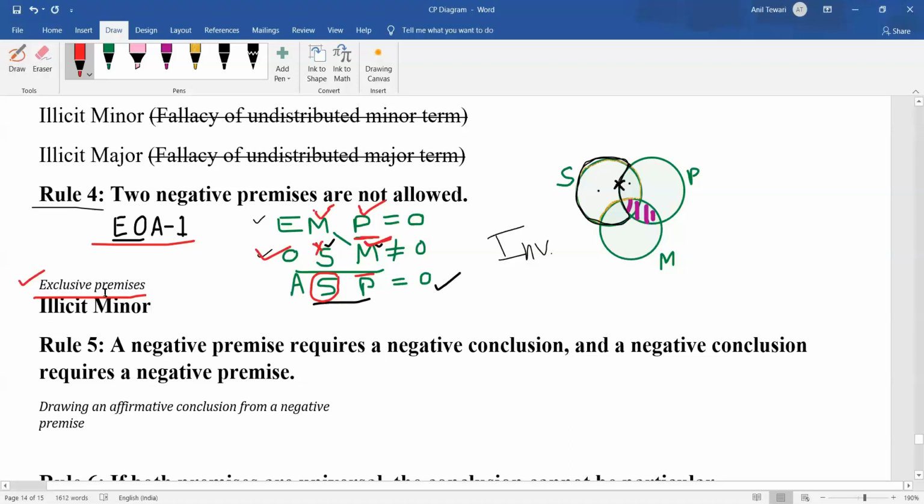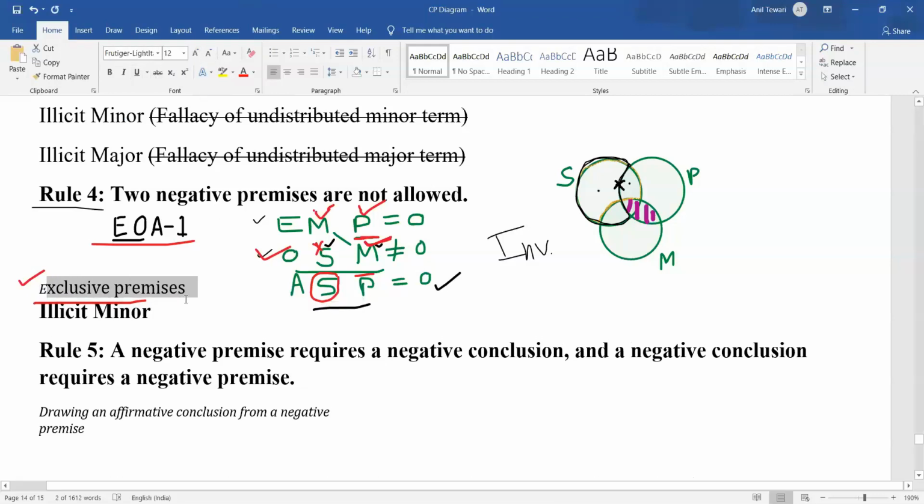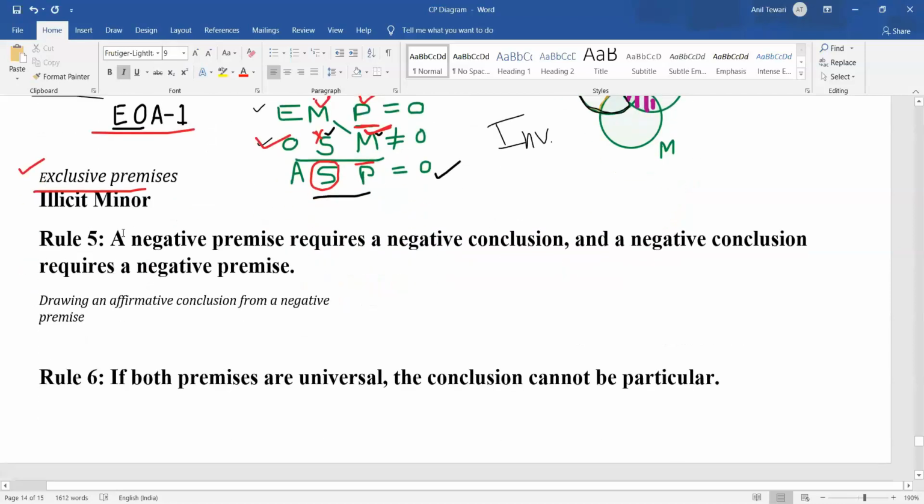Why it has illicit minor along with exclusive premises? क्यों है ऐसा? क्योंकि कंक्लूजन में सब्जेक्ट टर्म डिस्ट्रीब्यूट हो रहा है और प्रेमिस में नहीं हो रहा है. All right. So it has 2 fallacies, exclusive premises and illicit minor. Rule number 5 says that